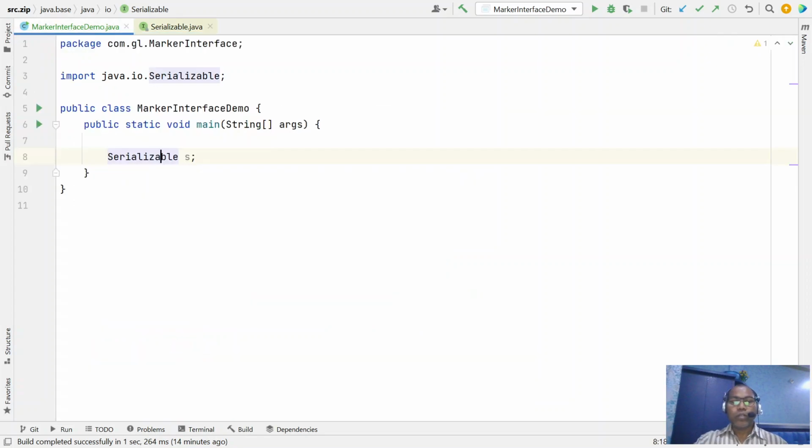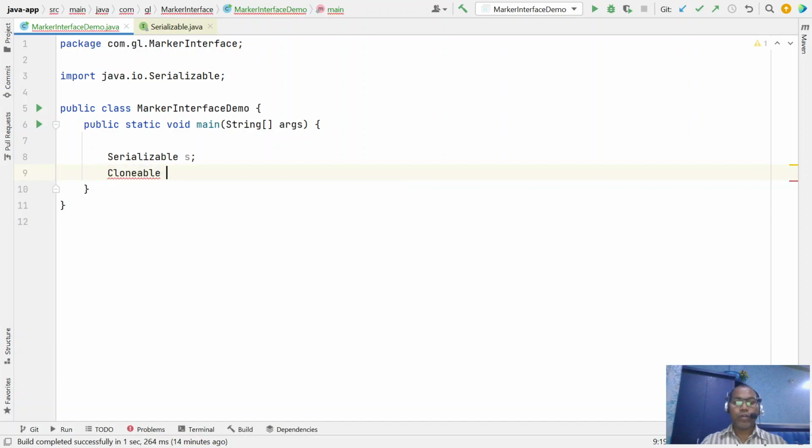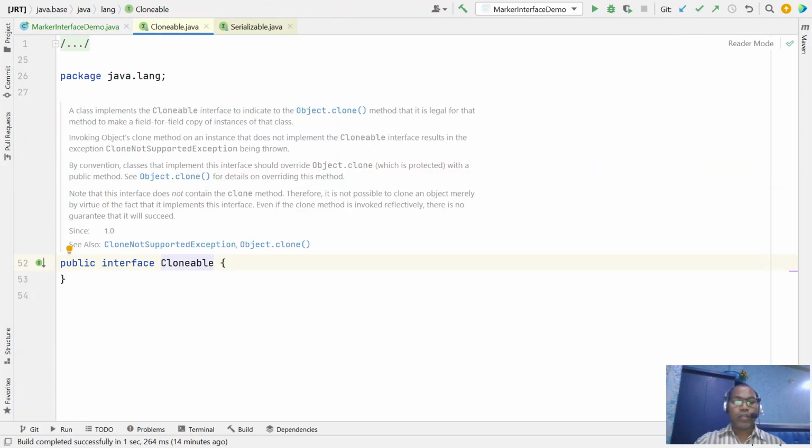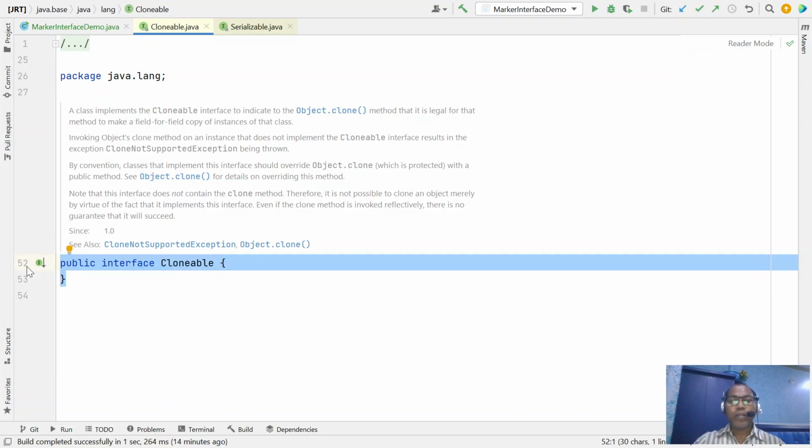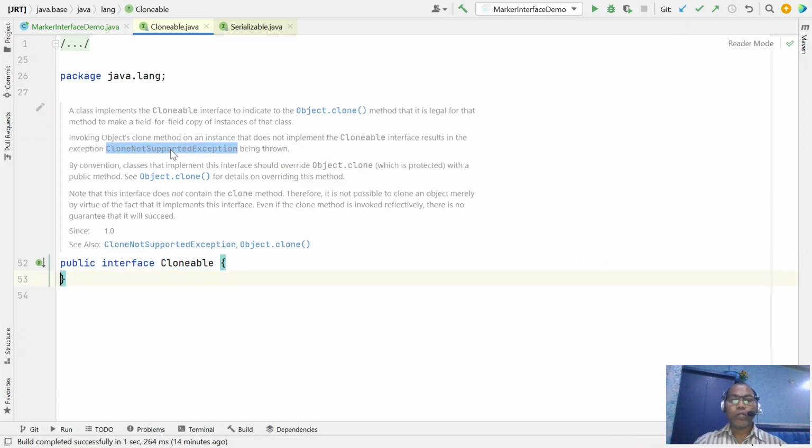Similarly, the Cloneable interface. If you look at the Cloneable interface, it does not define any methods or variables. It is a simple indication. Whenever any object invokes the clone method and does not implement the Cloneable interface, the runtime system throws CloneNotSupportedException.